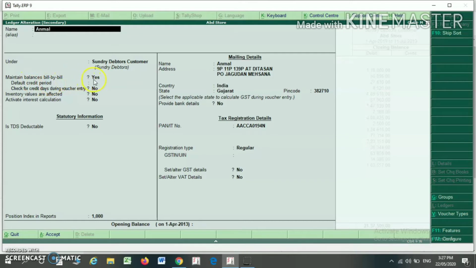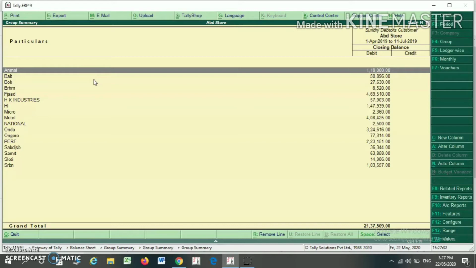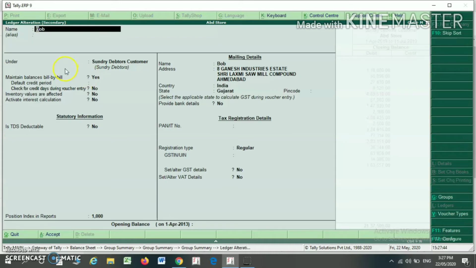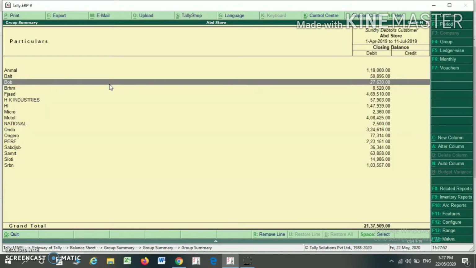So I am selecting yes here, I have already selected. Whenever you are creating some new ledger or some new group and you want to see the bill-wise detail for a particular ledger, then you must select maintain balance bill by bill as yes at that ledger, otherwise you will not be able to see the bill-wise report for a particular ledger.